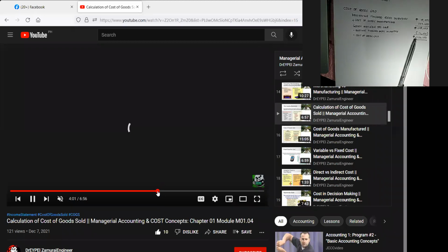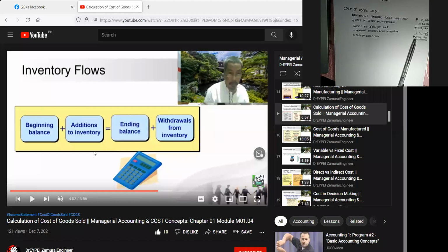Okay, this is a formula. This is a formula. So beginning balance plus addition to inventory equals ending balance. Okay? Plus withdrawals from inventory. So inventory meaning